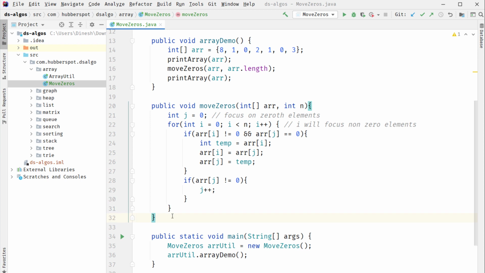So here we simply coded an algorithm where we moved the zeros to the end of the array.